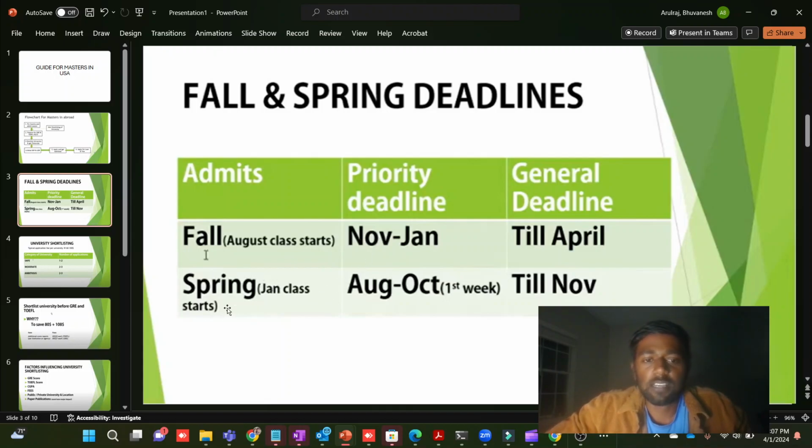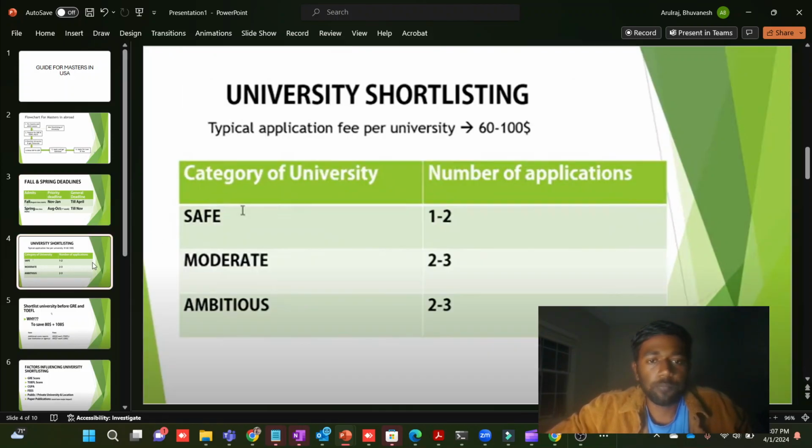That's one reason. Similarly for spring, the classes start in January, the priority deadline will be August to October, and the general deadline will be till November. So you can choose which you want to do. This is one thing. And moving forward,